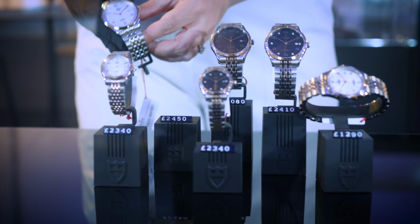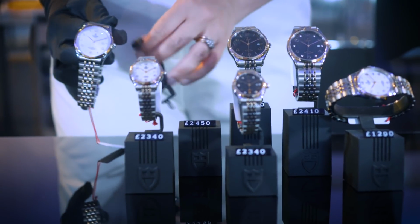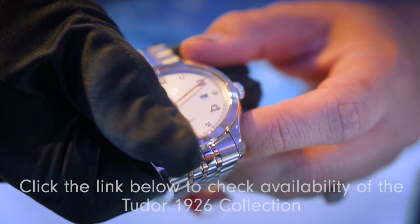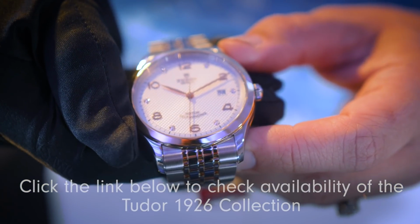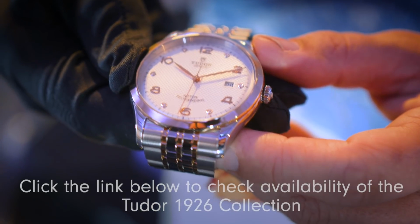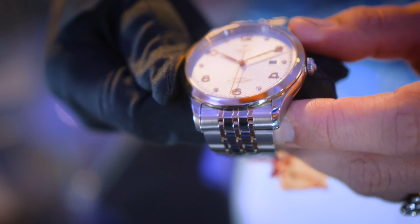1926 is a very elegant, sophisticated collection. There are models in various sizes. We have 4 different sizes to suit everything from a small ladies model up to a large gents model. It's called 1926 because it alludes to the history of the brand. 1926 was the year that Hans Wilsdorf registered the Tudor name, and for me, I think the 1926 is going to be the one to watch. The price point of the 1926 starts at £1,220, all the way up to about